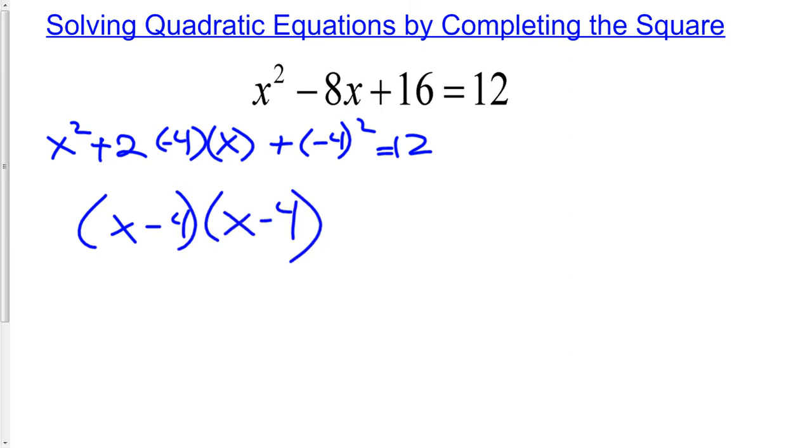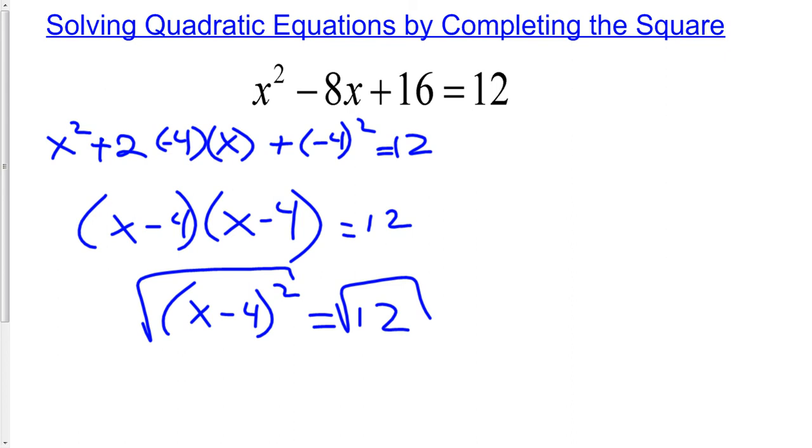If you didn't recognize that this was a perfect square trinomial, when you tried to factor only the left side, you would see that you get x minus 4 and x minus 4. And since this is equal to 12, what I end up with is x minus 4 squared equals 12. Now I have what I was using before: an isolated squared expression on the left, equal to a constant. I can use the square root property